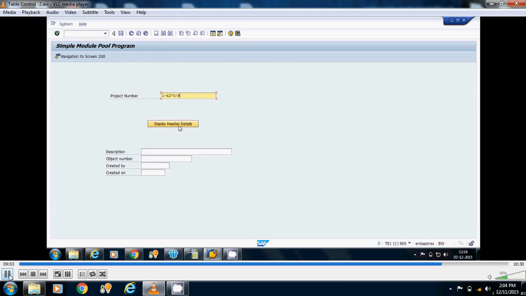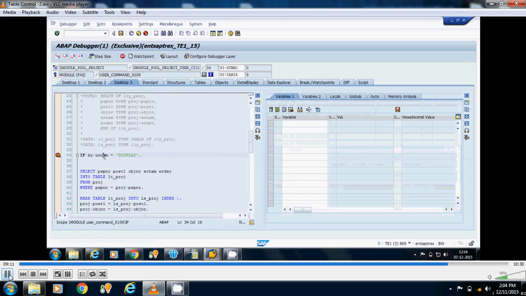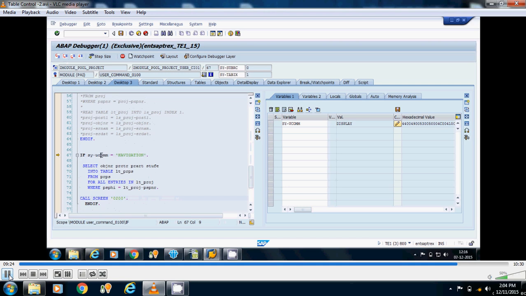Display header details. When I click on this, at that time the SY-UCOMM is equal to DISPLAY. Now if I click on this, the PROJ table gets filled.